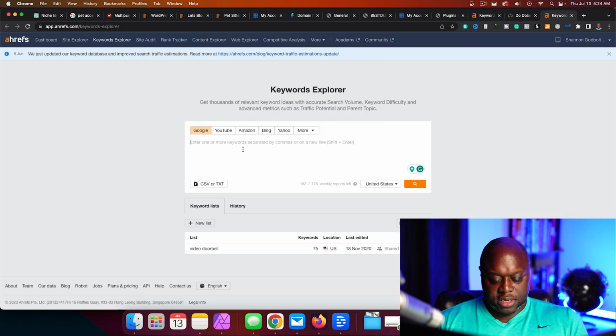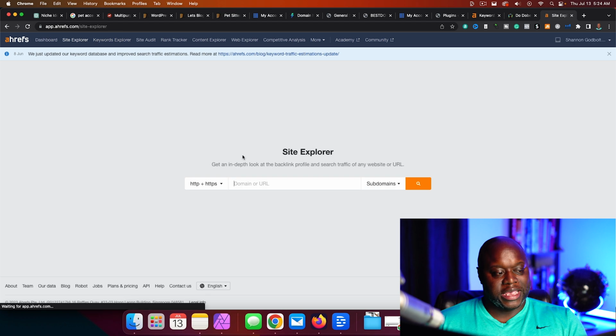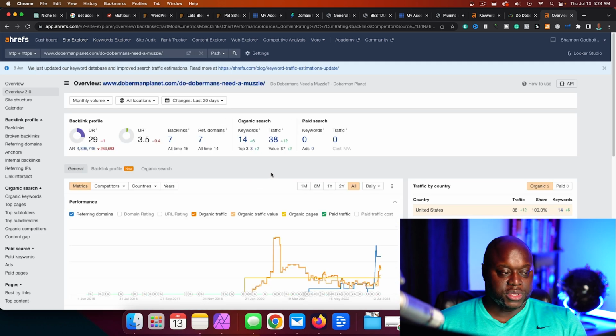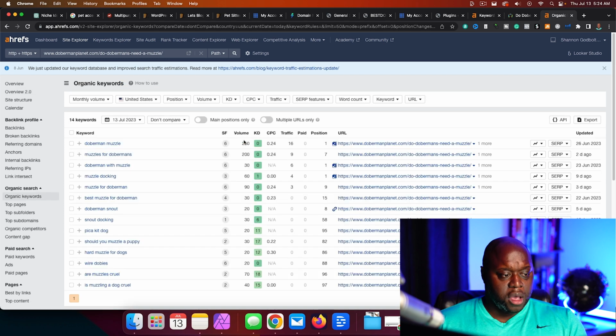I'm going to paste it into the keyword research tool because I want to see what keywords this web page ranks for so that we could potentially take those keywords. It ranks for 14 on that web page. Okay, and so once again, you can see where they rank, and we could potentially write blog posts that are better and take them.